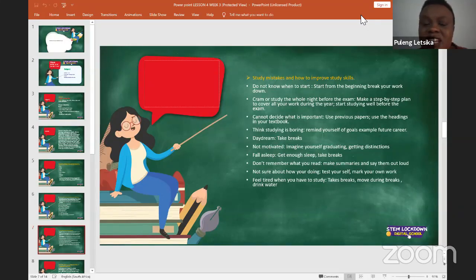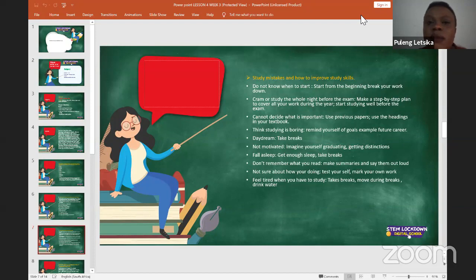so that when you get tired at night, your brain knows that when it gets dark, we need to start sleeping now. Unless you're one of those people that study more thoroughly in the night, like night people. So then you can take breaks and sleep enough, and you're able to do your work during the day.